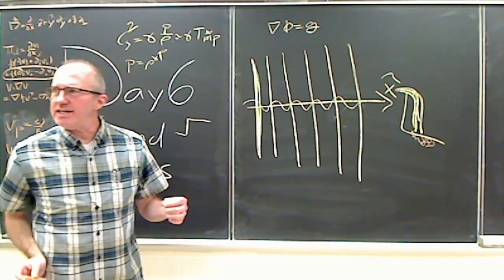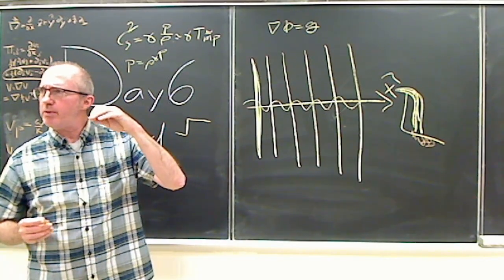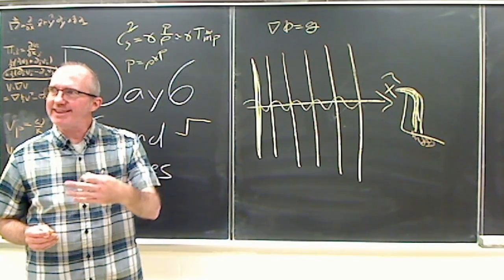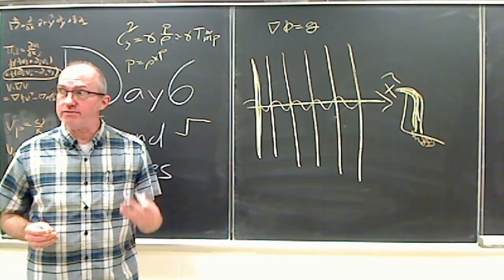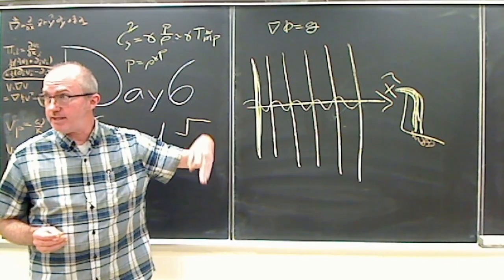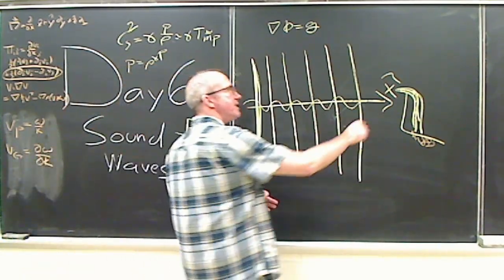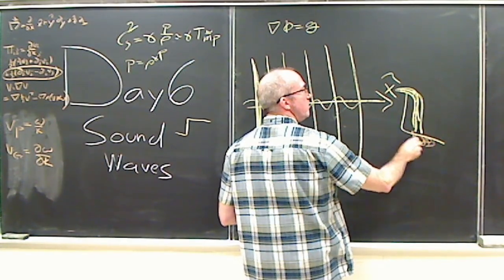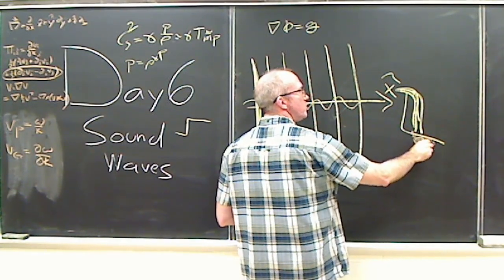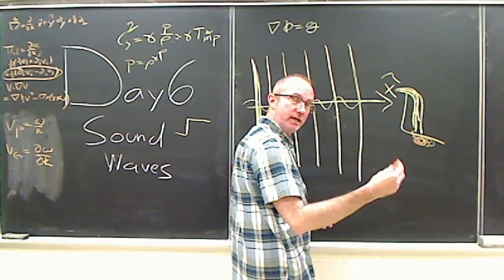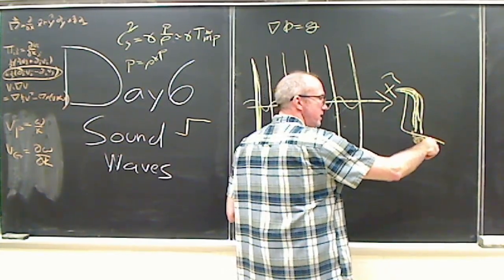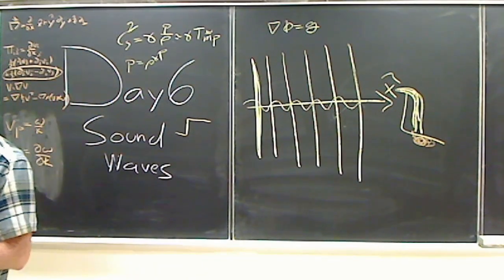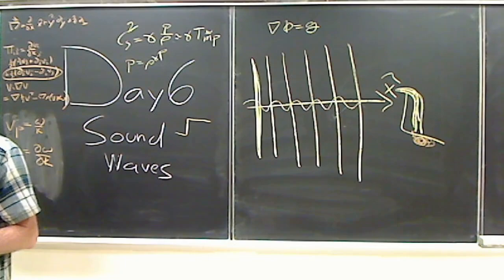There are other kinds of lines you can draw. That streamline is not the path that the particle will take. It's the velocity field. A path line is the path that a particle will take, and that's harder to find because you actually have to integrate in the time dynamic sense. So I can take a snapshot of the streamlines here, but in 2 seconds down here where my waterfall is hitting my pool, the streamlines are going to be different because of the chaotic dynamics. The path line will instantaneously follow the streamlines at any point, but the streamlines might change, so the path line might be different. So,